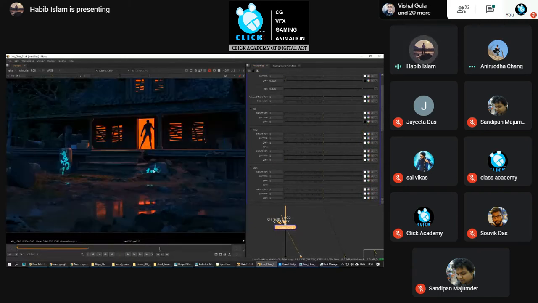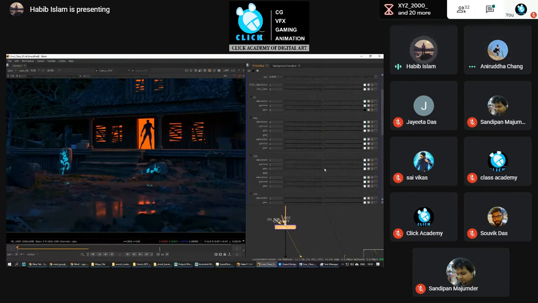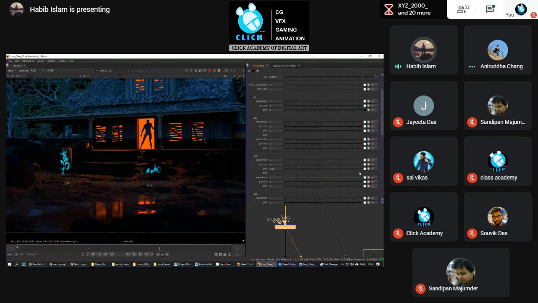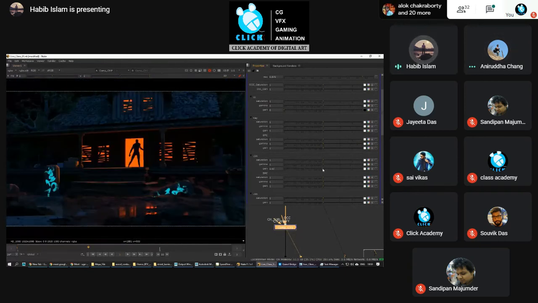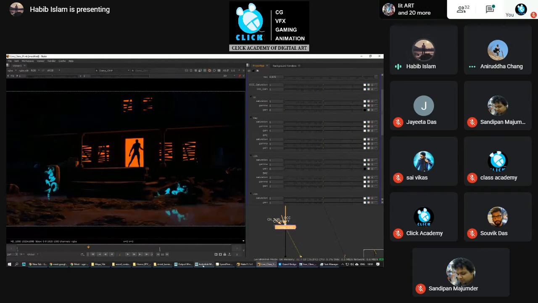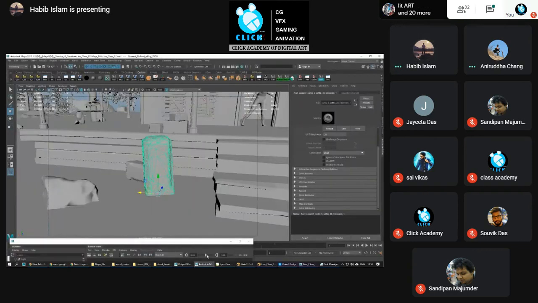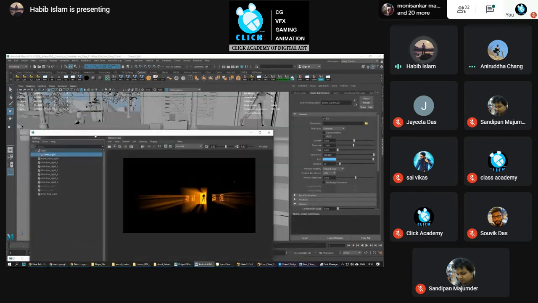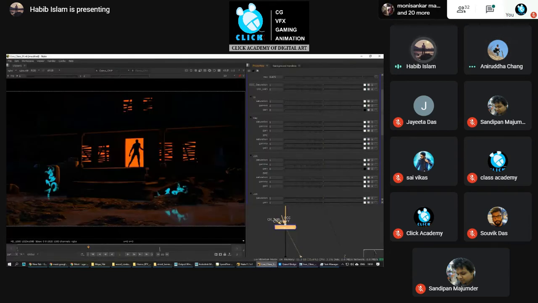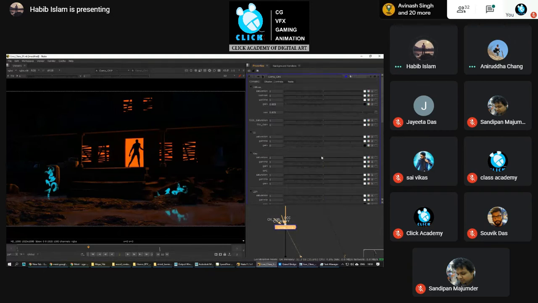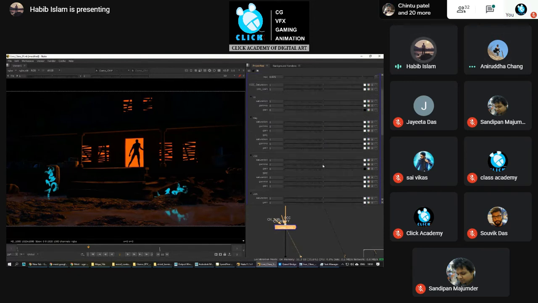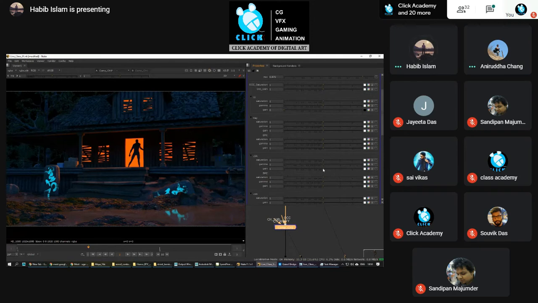So I didn't do any adjustment. I'm just keeping the basic values. And this is my environment lighting. For the environment also, suppose you want it darker, you can reduce the environment lighting. This is my dome lighting setting. Whatever dome light I'm putting, this is my dome light setting. So this light in the compositing you can control using this custom tool. Obviously in Nuke you won't get this. This is a custom made tool so that you can control all the lights together.